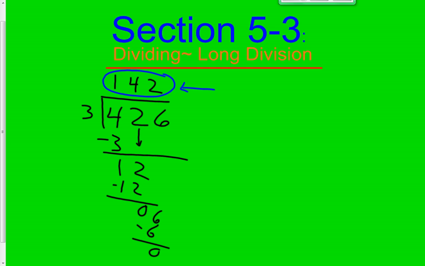This right here, our answer in dividing, this is called the quotient. Same thing with polynomials. This is called the quotient. This 3 right here, this is our divisor. It is the number that's going into the bigger number. That's our divisor. And this one right here, the 426, is called our dividend. This is called our dividend. Okay? So I'm going to be using those terms, that language, when I talk about long division and synthetic division